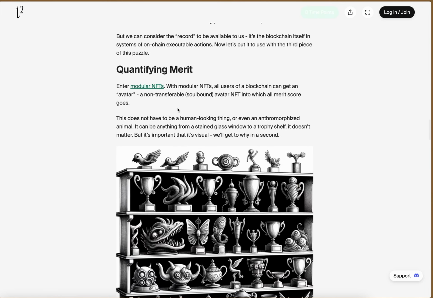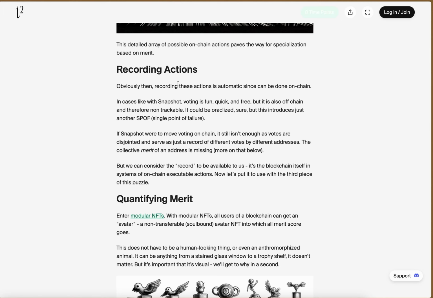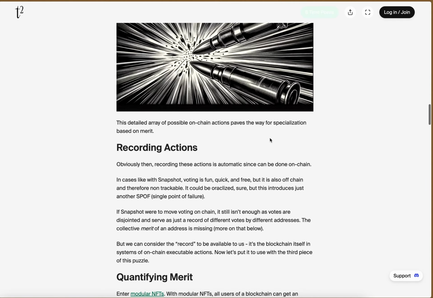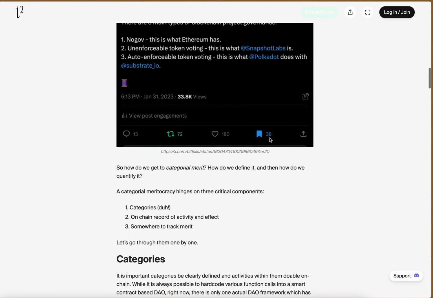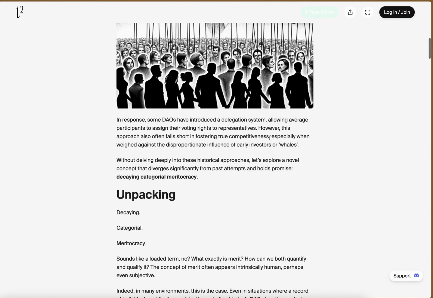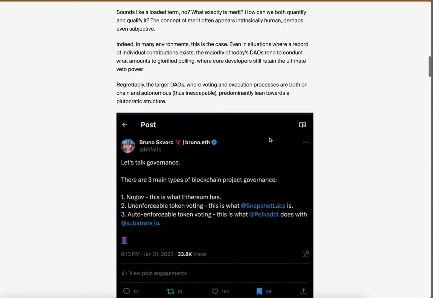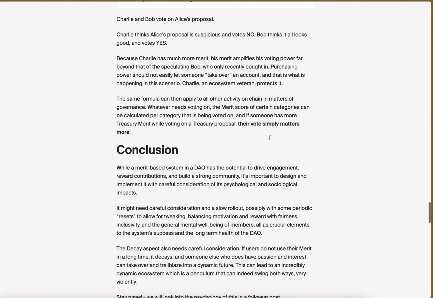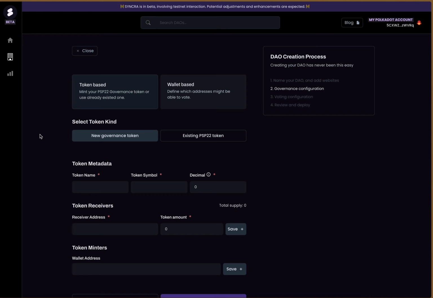This also makes sure that there's no first mover advantage. A starting whale will not keep advantage forever and will not remain king forever. This also makes sure that the DAO constantly has a flow of fresh blood as new users come in and are by default more interested in participating than those who were here for a while and might be getting jaded or tired of it. Additionally, these merit points are not transferable, so there's no trading, no plutocracy. You literally have to work for your vote to matter. This is the only fair way to do on-chain voting. There is no other way that will be even remotely successful.